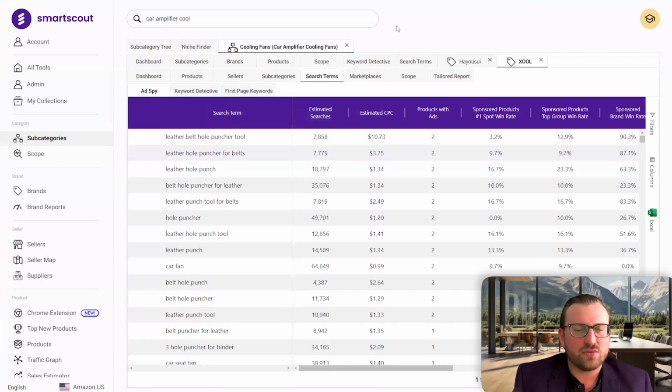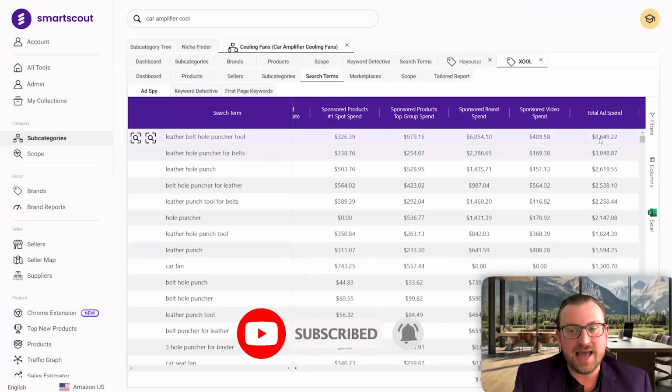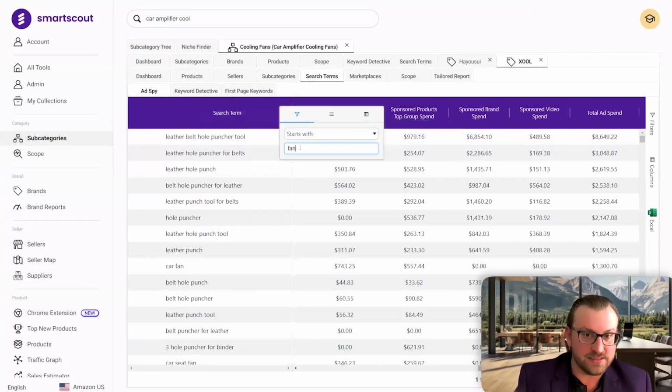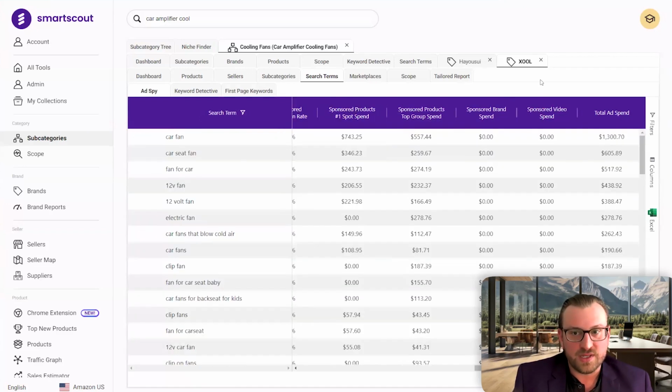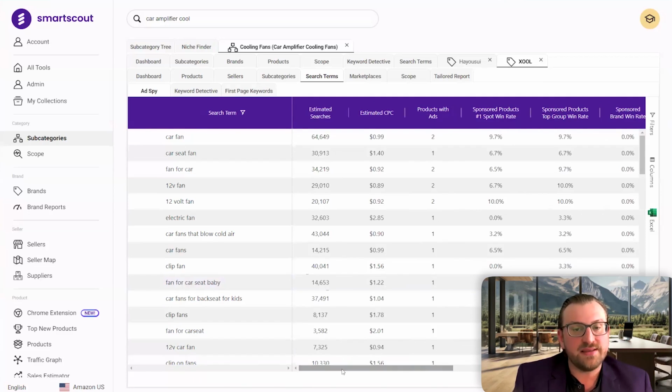We scan about 300 or 500,000 top search terms, and this data is directional, but it's meant to give you insight into the ad spend that this brand is dropping on particular search terms. So let's filter this out for fans. Let's do contains. So for fans, we identify them launching ads for about 84 terms. What I find nice about this is this is the top selling brand for those car fan products.